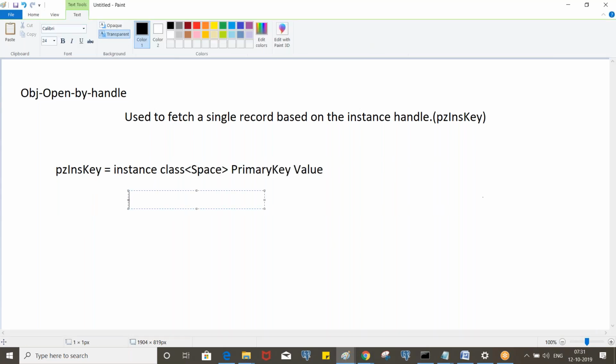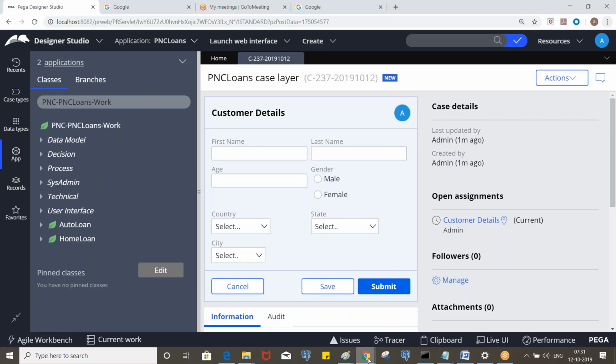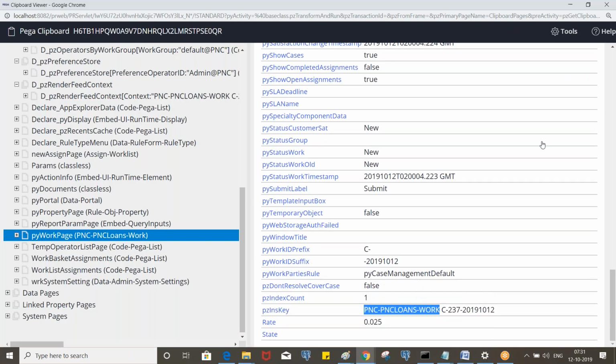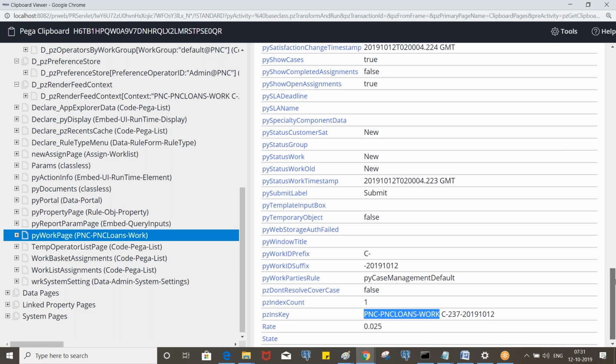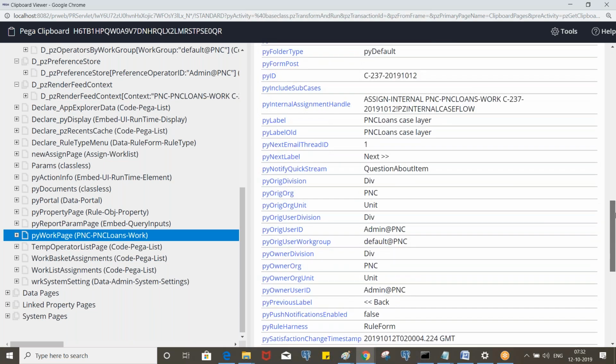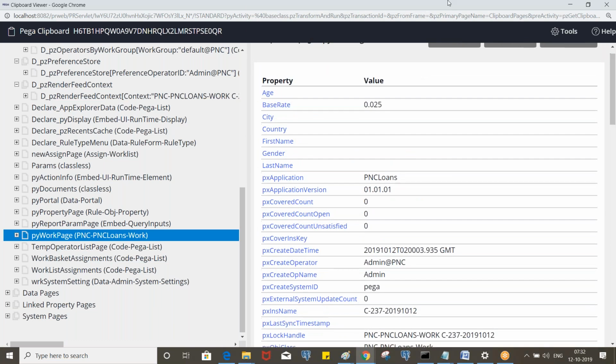In this case, it is simply pxObjClass and pyID. Now see here, in this class pxObjClass, you will see PNC loans work. Just give me one second.